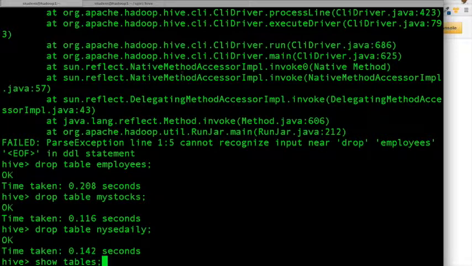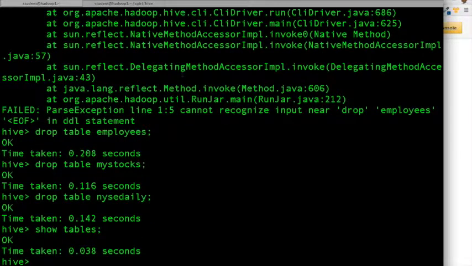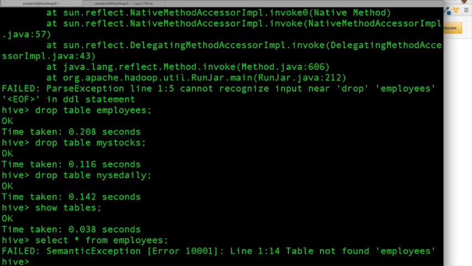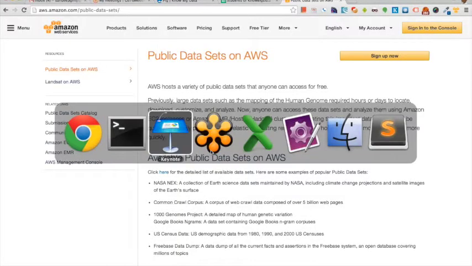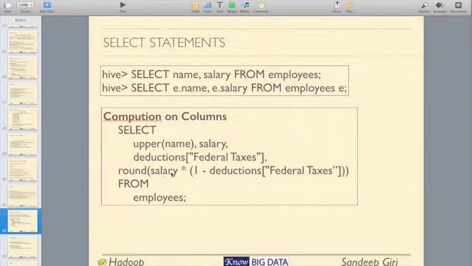Show tables. We don't have. Select star from... Okay, we have actually deleted it. Never mind. So also we can do computations on the column such as upper,